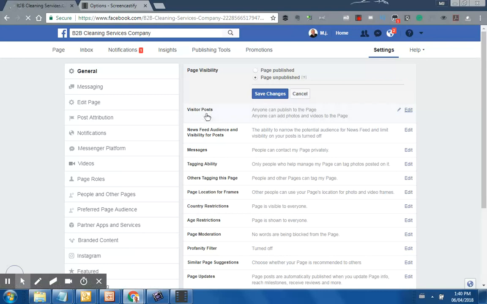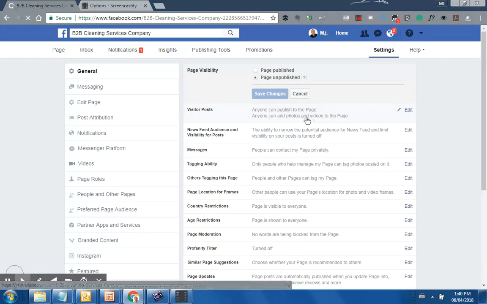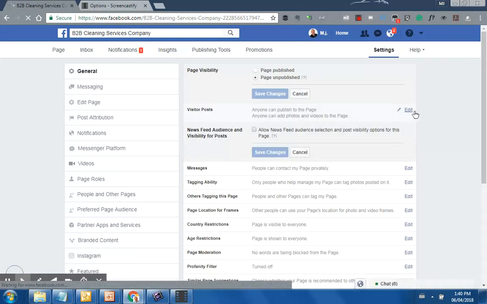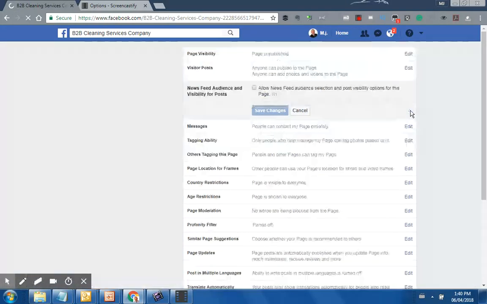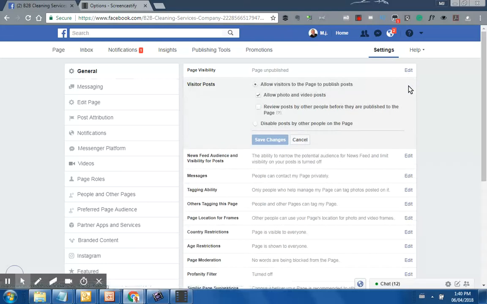One of the things here you can do, next one we look at is visitor posts. Anyone can publish to your page. Anyone can add a photo or videos to your page. You can edit this. Now this is important. If you don't mind allowing your customers to upload content, that's fine, but it can be kind of dangerous. If you're trying to manage your brand, trying to manage the content on there, you may want to restrict this so that